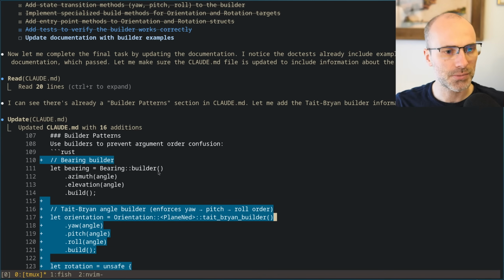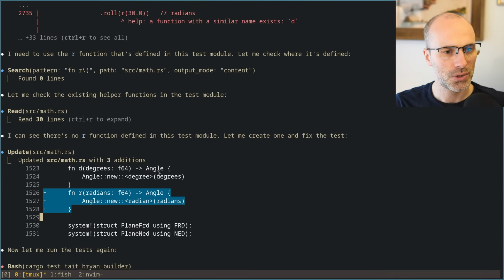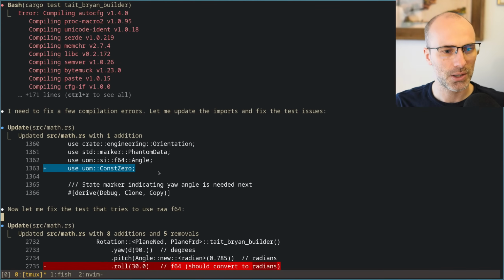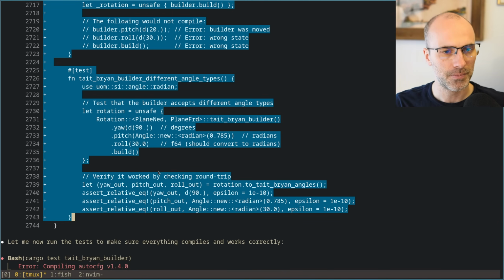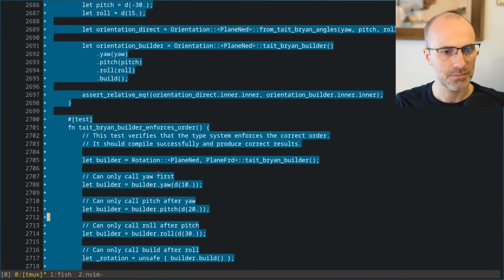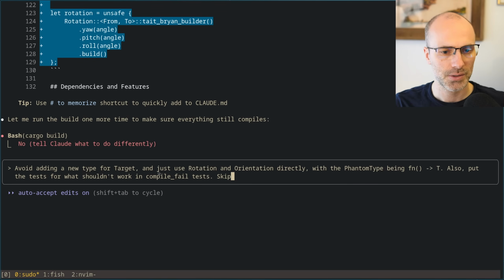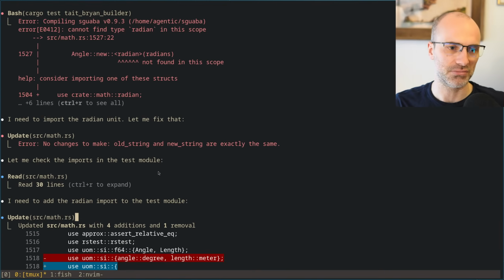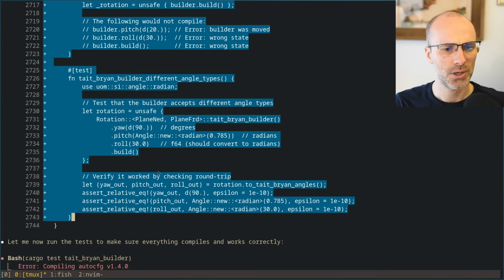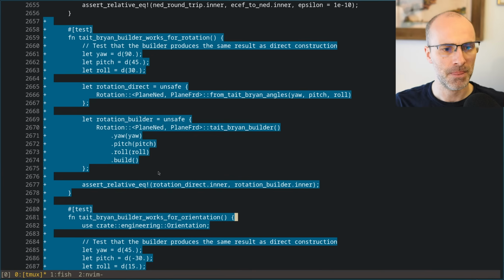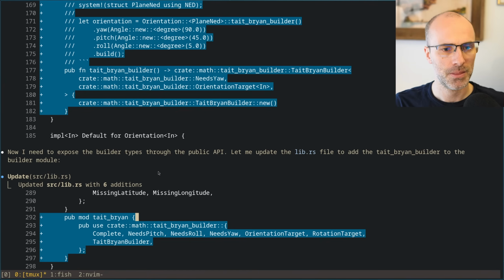What else did we observe that could change? There was one more somewhere. Skip the tests about using different angle units because they don't add too much. And I think that was maybe all.